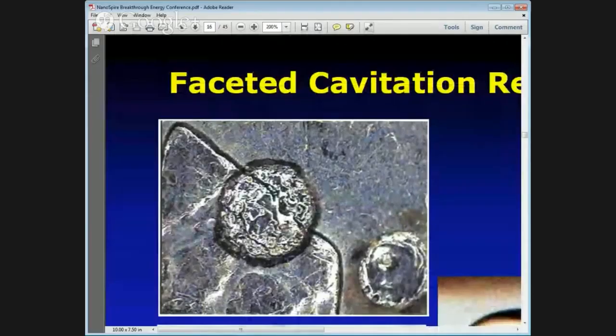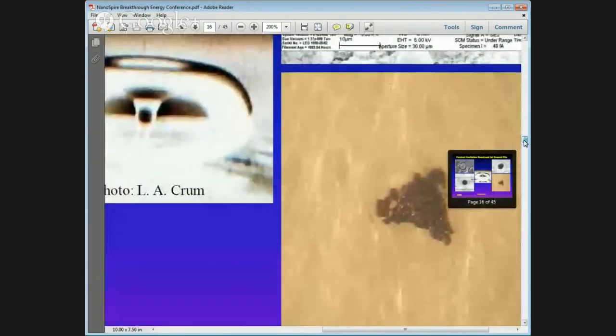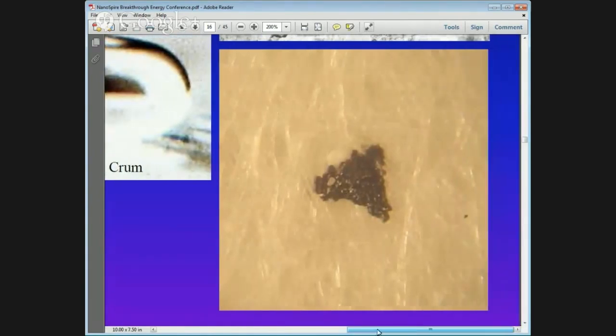Okay, so this is actually an impact into a coin that I had. And so you can see facets here, there's a 120-degree angle right there between those facets. And then you come over to this one and you can see that it's actually round. Here's another example of a hexagonal impact that blew the material out and actually created a heat-affected zone that was also hexagonal. Now look at this one. Certainly a liquid couldn't produce a triangular impact. And in fact, this is what I'm claiming is the basis of the crystalline structure of this thing,